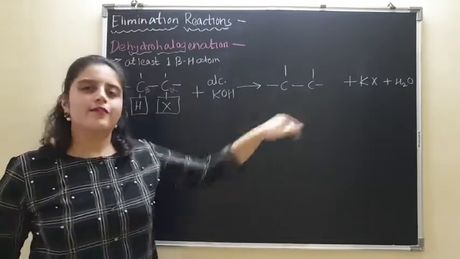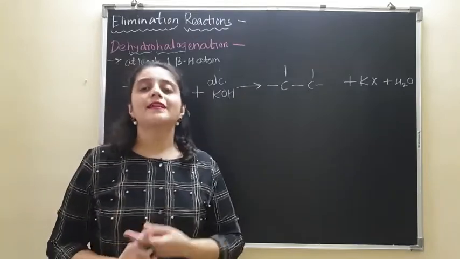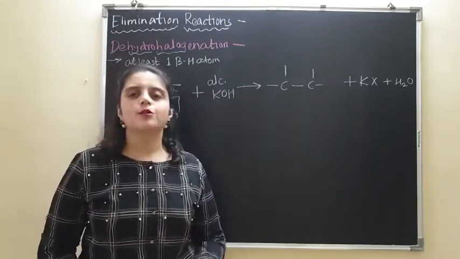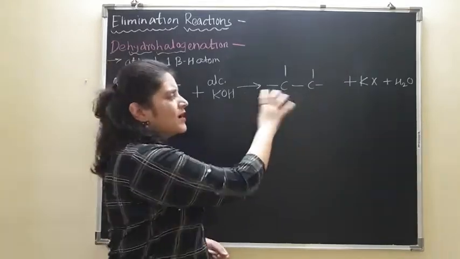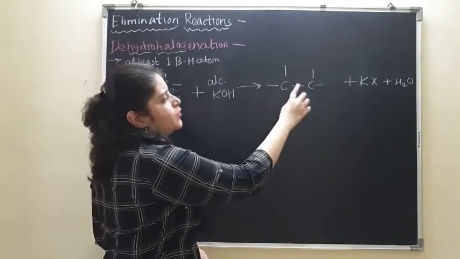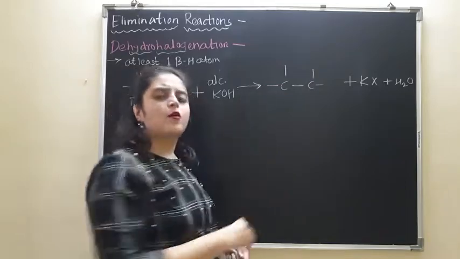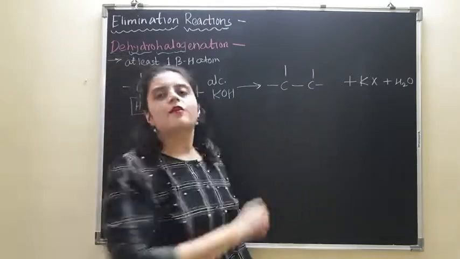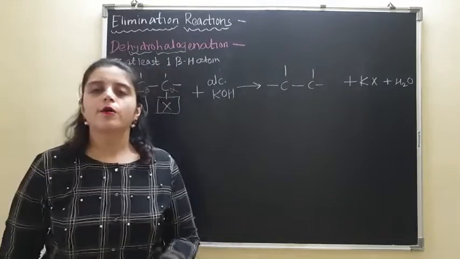The valencies of the carbon atoms are not satisfied. You all know that carbon is tetravalent. That means there has to be 4 bonds around each carbon. But now let us look at this carbon. Around this carbon there are only 3 bonds: 1, 2 and 3. Only 3 bonds around the carbon. Similarly, there are only 3 bonds around the next carbon. So one bond is missing in both carbon atoms.